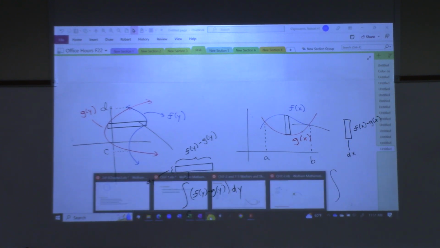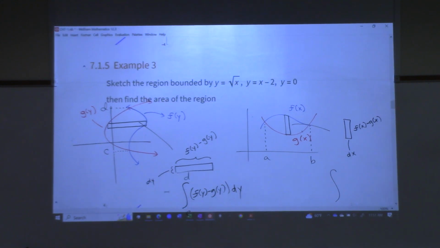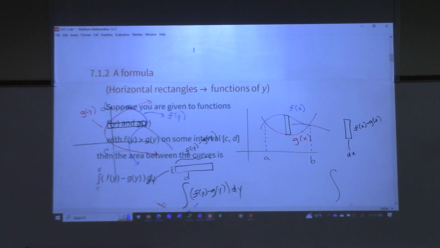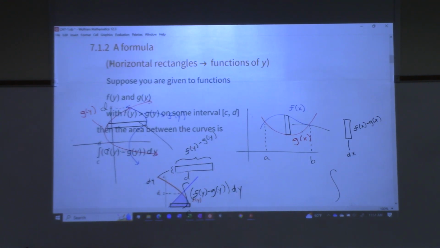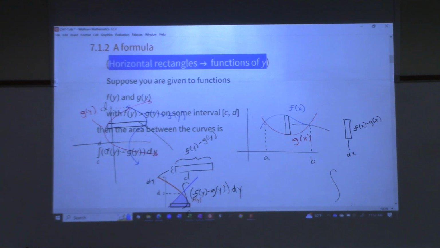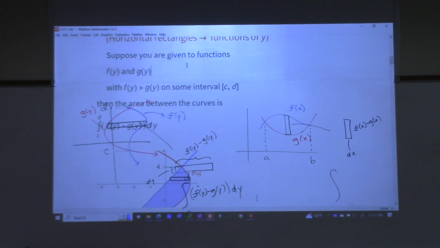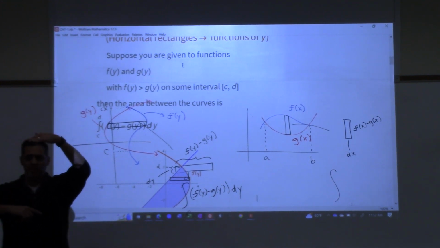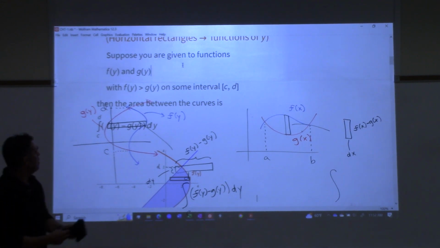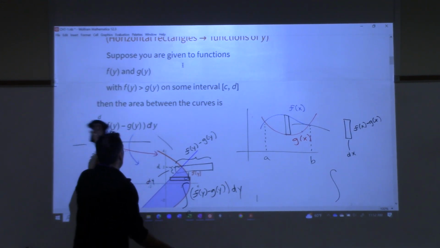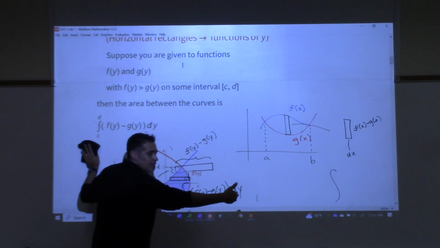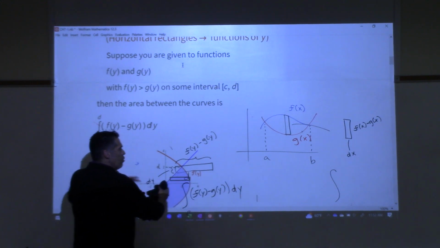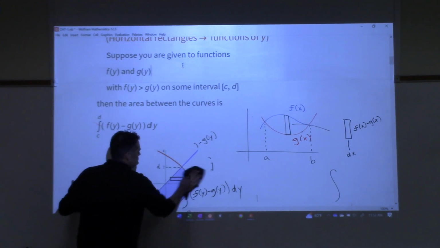Let me put the formal note up there. I see your hand. Hold on a second, though. Let me get the formal note up here. So here's basically everything I just said. Horizontal rectangles, we are talking about functions of y, not functions of x. Remember how earlier I said that the f of x had to be above the g of x, the f was on top, g was on bottom? Here, for functions of y, the ones on the right are the same as what the top used to be. So the ones to the right are bigger than the ones to the left, which is why in the picture here,